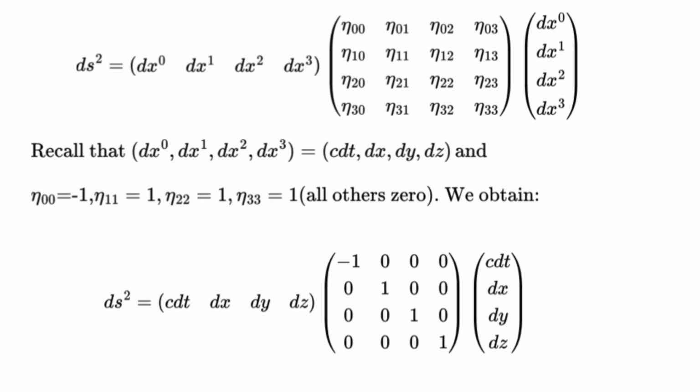Recall that dx0, dx1, dx2, dx3 equals c dt, dx, dy, dz, and eta with lower index 0, 0 equals -1, eta with lower index 1, 1 equals 1, eta with lower index 2, 2 equals 1, eta with lower index 3, 3 equals 1, all others 0. We obtain